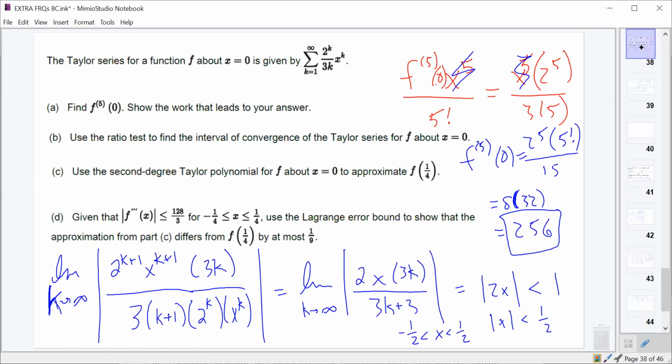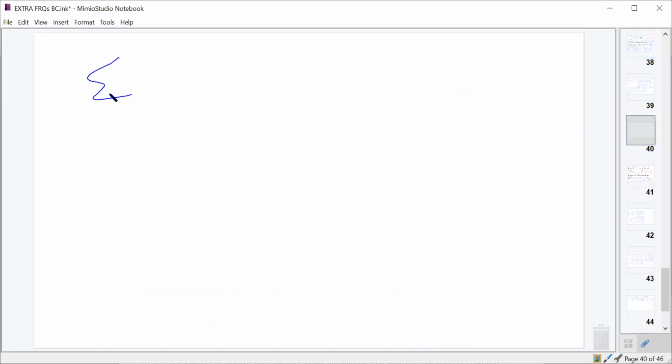Let's see. Next part was part C. Use the second degree Taylor polynomial for f about x equals 0 to approximate f of 1/4. So in order to do that, we'll need to write our second degree Taylor polynomial, which, what was our series? It was k equals 1 to infinity of 2 to the k x to the k over 3k. Does that sound right? That's right. So our first term there should just be what we get whenever we plug in 1. And so if we plug in 1, we've got,